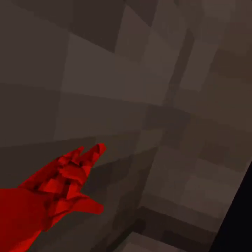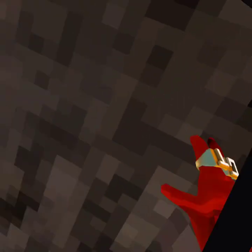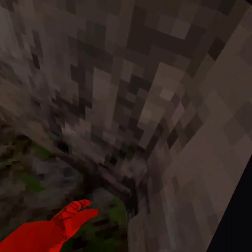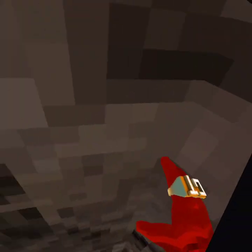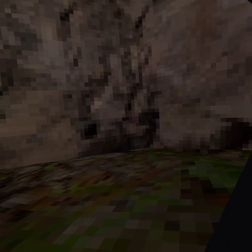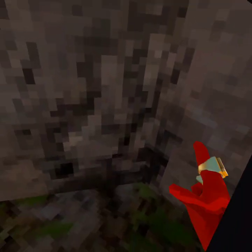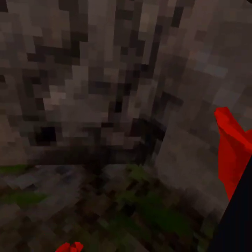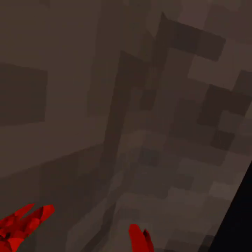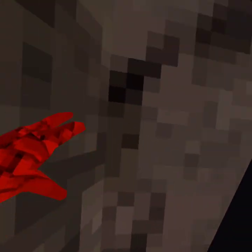I would start small, like this, and I wouldn't go like this from the start, wide. I would go inwards. But if you feel like, well, actually, you don't even have to do that, because I think that might make it harder. But it's up to you guys. If you want to, I would just do this, like how I'm doing it now. Not too wide, but just like this,